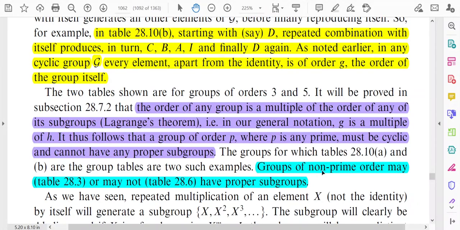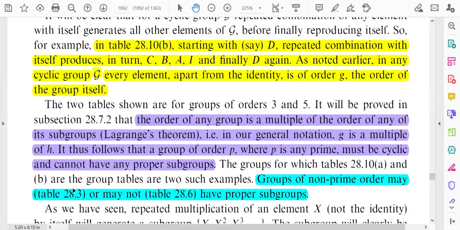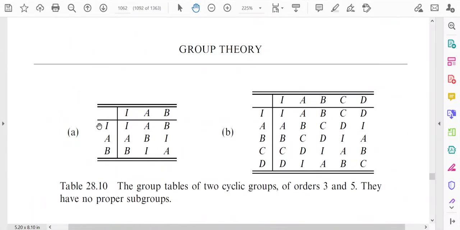And groups of non-prime order: if the order of a particular group is non-prime, then it may have a subgroup or may not have a subgroup. For example, the table 28.3, which we have shown here,